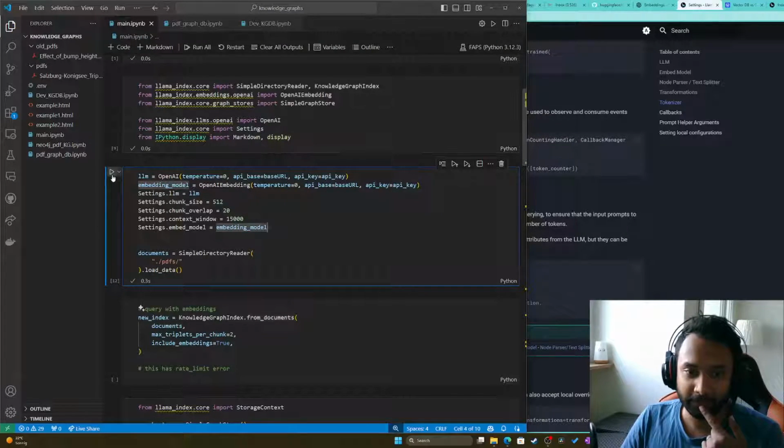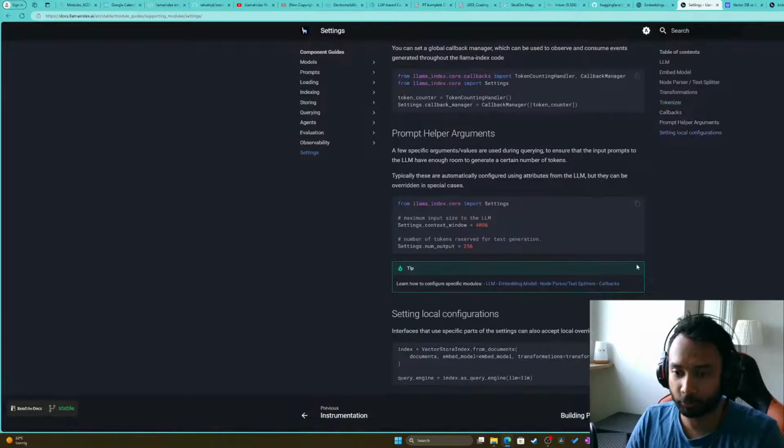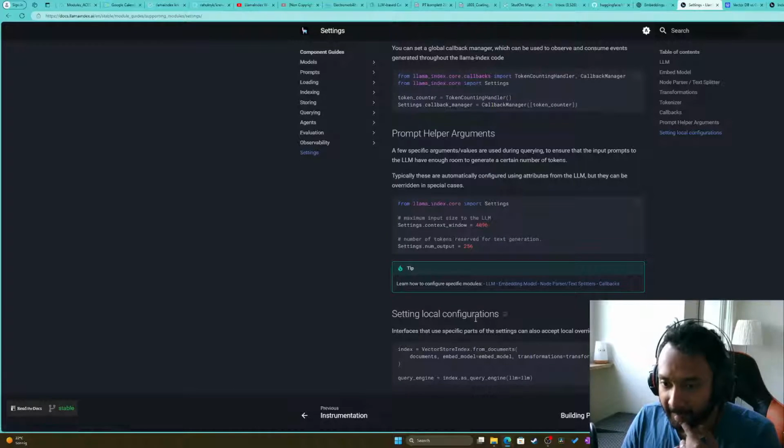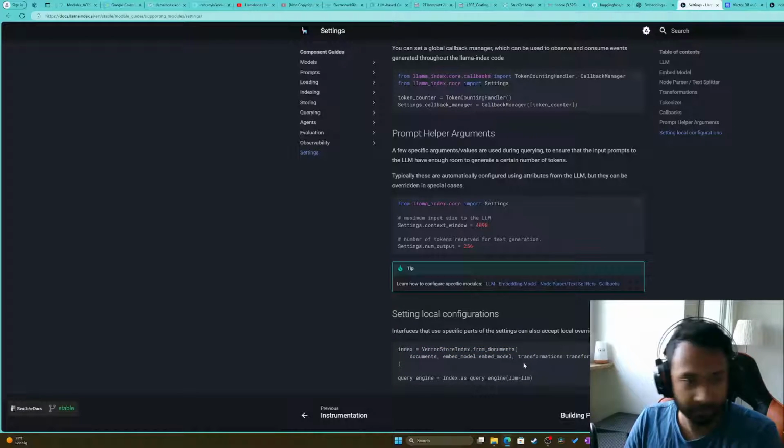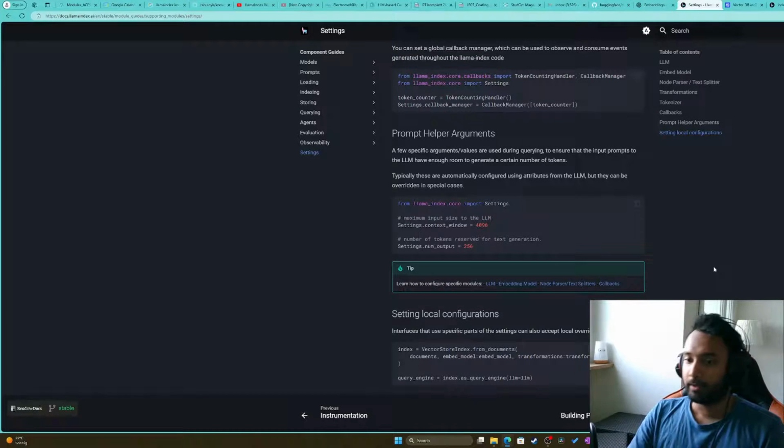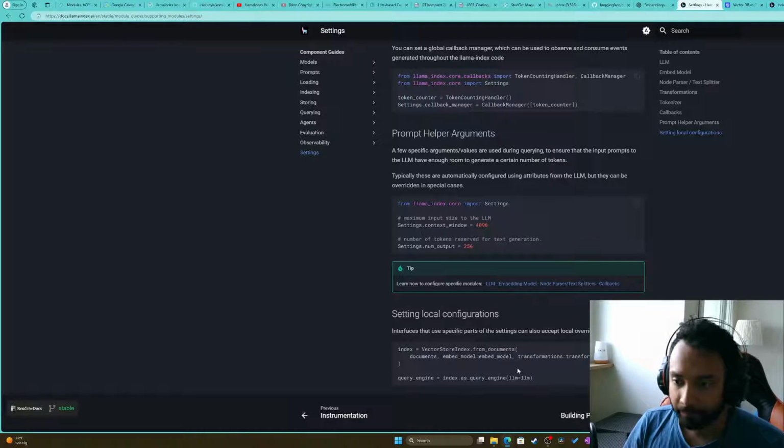Not sure if we're doing it correctly. We're just setting it up. That's why it's not showing me any errors. Index is a vector store index from documents with embed model. This is something that we can use. It has the embed model from